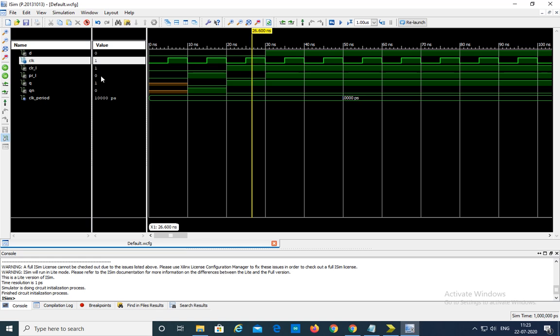Next we have changed clear is equal to 1 and preset is equal to 0. 1 0 means here preset is active. Preset is active means output Q is equal to 1 here. So next we have changed this one. So 1 1. If both are 1, then the clear and preset pins are not active, both are in the inactive state. Inactive state means the flip-flop operation is going to appear here, and D we have given as 1 here. So that's why Q is stored as 1 here. If D is equal to 0, then we can see Q is equal to 0 here. That thing we will see here. So close this one.